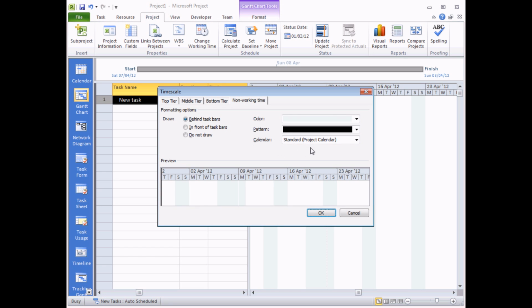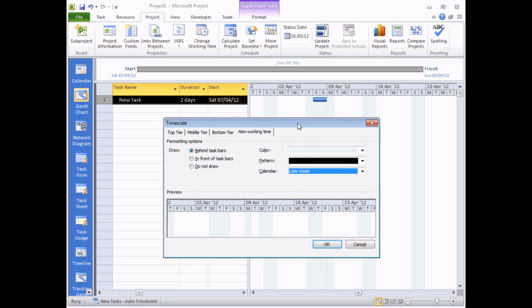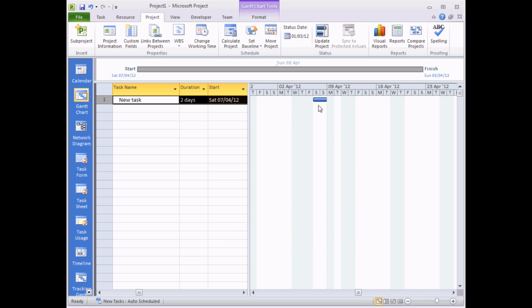The option for the calendar is over here in this drop-down list. So if I click on the list, find my Late Week calendar, I get a little preview of that down at the bottom here. But when I click OK, you should see now why that task is happening on that Saturday and Sunday, because those are the next 2 available days of working time after the start date that I've chosen for the task. Hopefully from this you can already see how everything is affected by calendars,